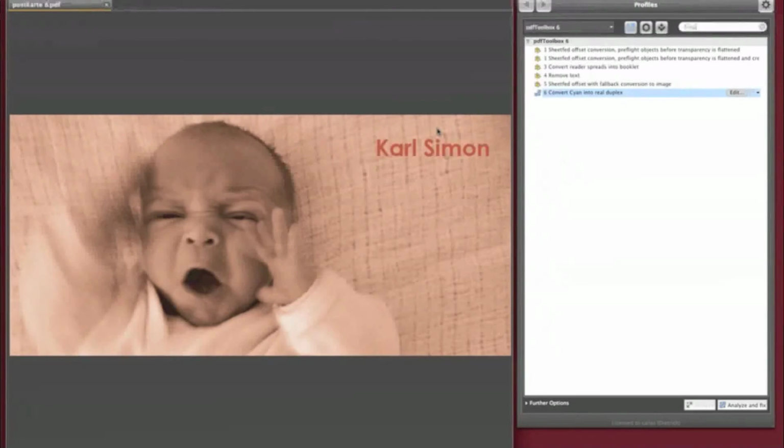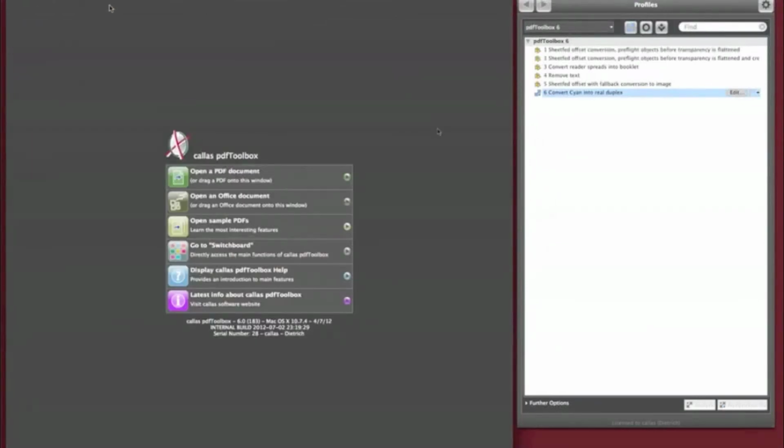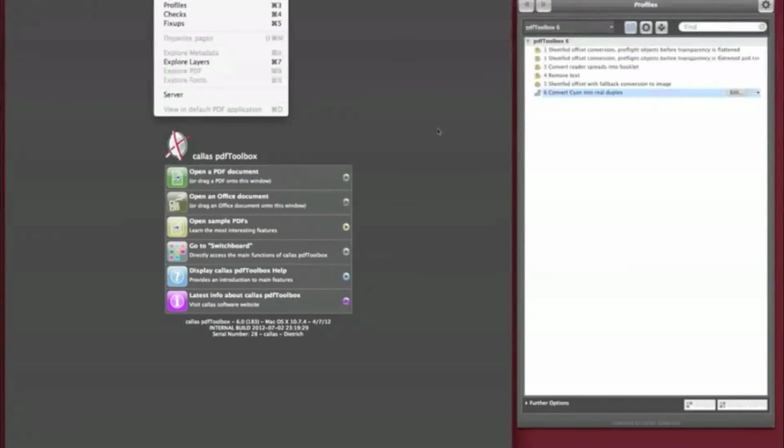So this is actually the stuff that I wanted to show to you, which is new in pdfToolbox Desktop, and it is also, if you want, new in pdfToolbox Server, as you can use all these features in pdfToolbox Server as well. But now I want to show to you what is special about pdfToolbox 6 and especially about pdfToolbox 6 Server. One thing that is new in pdfToolbox 6, but only makes sense in conjunction with pdfToolbox Server, there is a new server entry over here in the Tools menu. And if I'm opening that one,